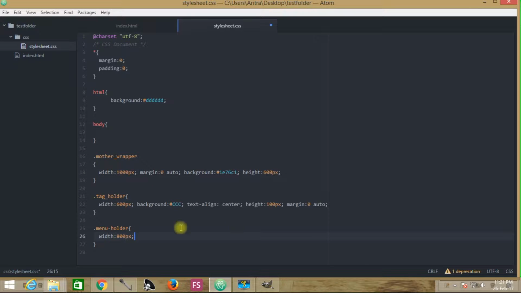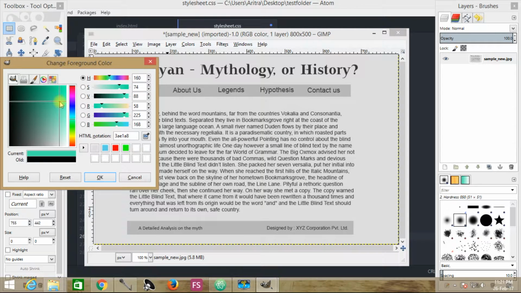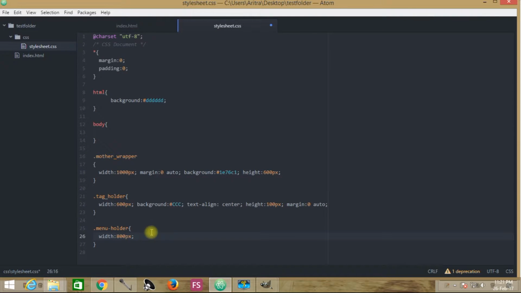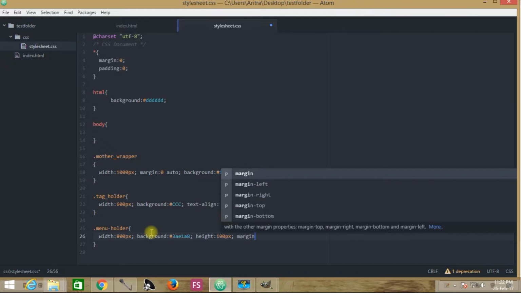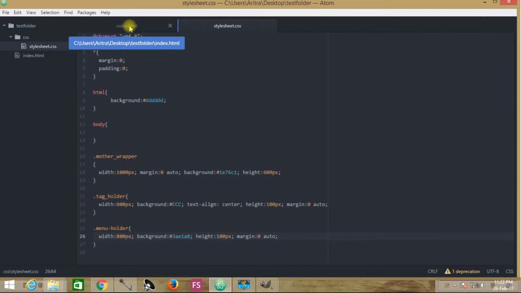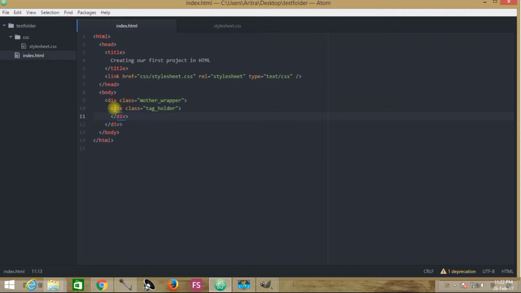Let's come to the background element then. And then you have to provide again a margin 0 auto condition over here. Then just save this stylesheet.css, get back to index, and you see that this is the div, this is the tag holder.